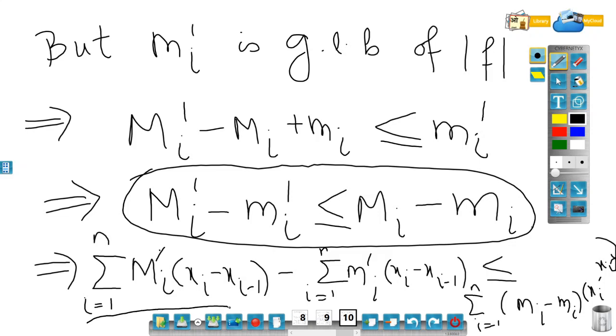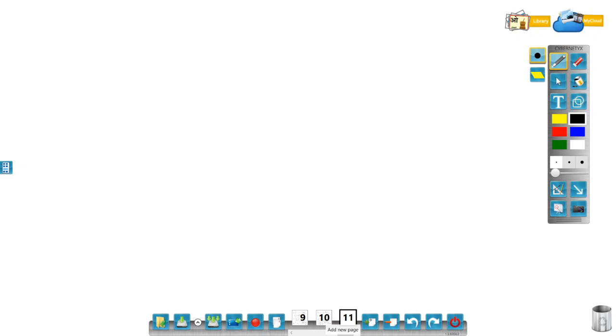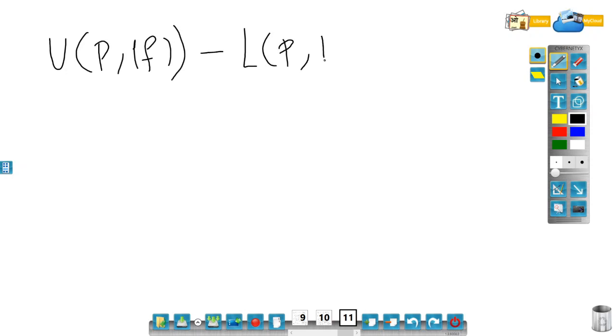Now you can see this. Small mi dash is a supremum of mod f. So this is the upper sum of mod f, and this is the lower sum of mod f. And capital Mi is a supremum of f, and minus small mi is an infimum of f. So this is upper sum minus lower sum of f. What I got is as follows: up mod f minus lp mod f is less than or equal to